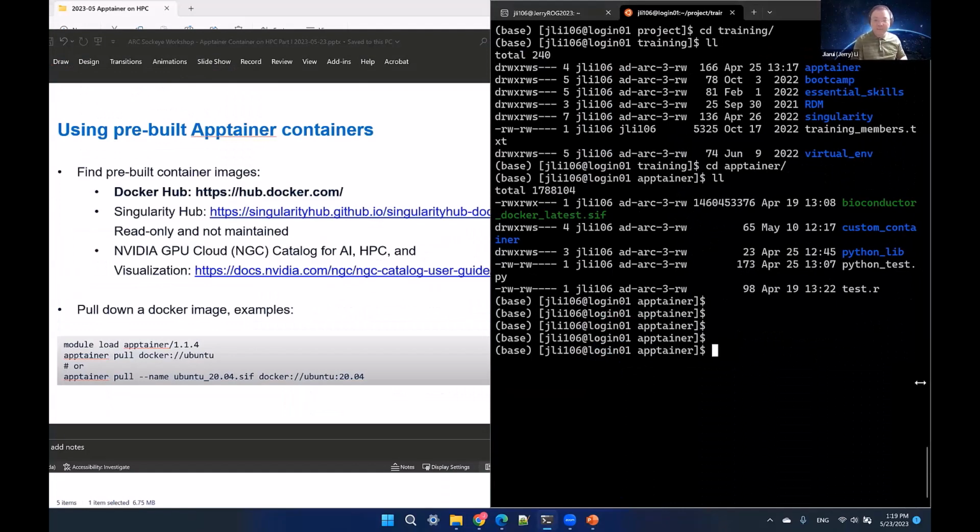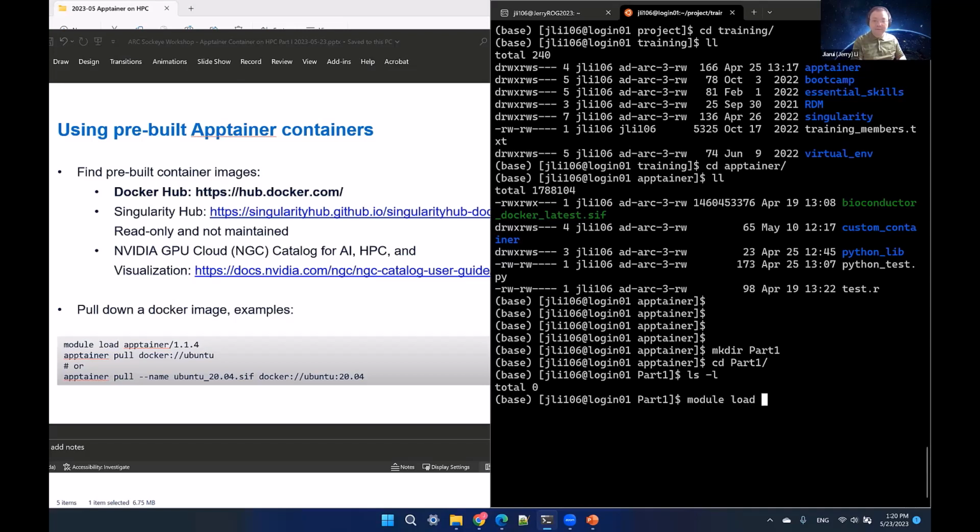Okay, so now I'm in Sockeye. Let's build. Okay, now this folder is empty. So if you want to build a container, you can do module load Apptainer